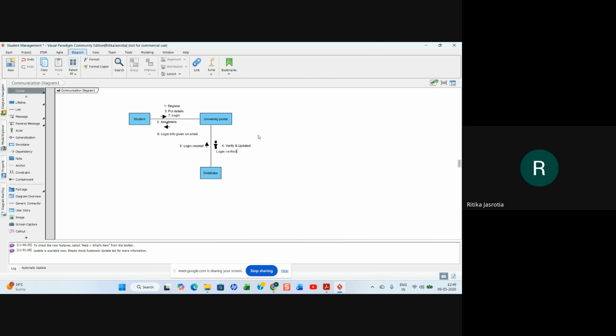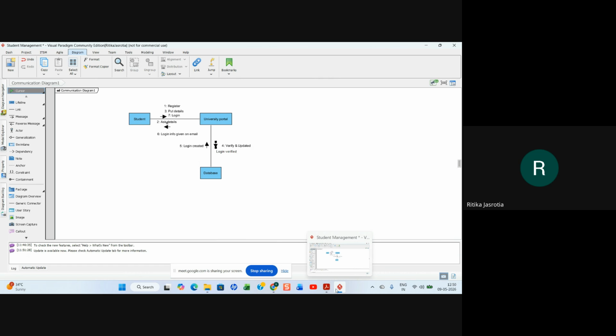Login verified. And when you log in verified, after that the student portal will let you select the course, right? You will select the course, MCA, whatever course you are selecting. Then after selecting the course, your eligibility will be checked, right? You will fill your course details and payment will be done, right? If you are eligible for the course, your admission process will be completed. If you are not eligible, then I think your fees will be refunded or whatever will be done.